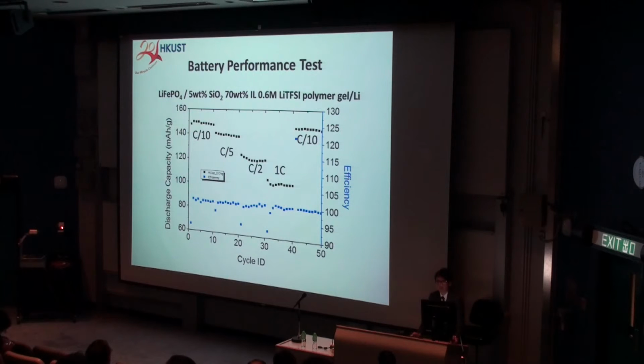And then that's the battery performance test. And in this case, I have used the lithium iron phosphate. That's one of the most promising cathode materials currently used in electrochemical cells. And we can see that it shows good capacity at a low C rate. But at high C rate,